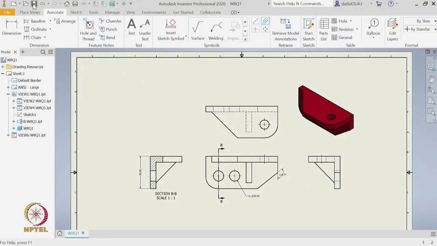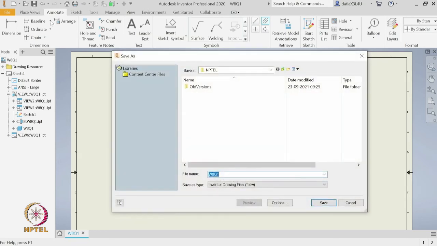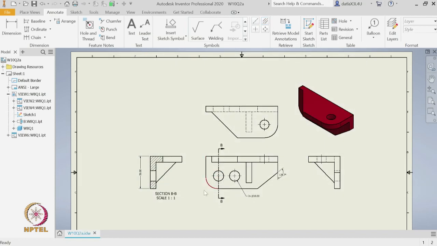So, first let us save this. We will save it in the name of W10 quotient 2A. Okay. So, let me open that solid model I have,